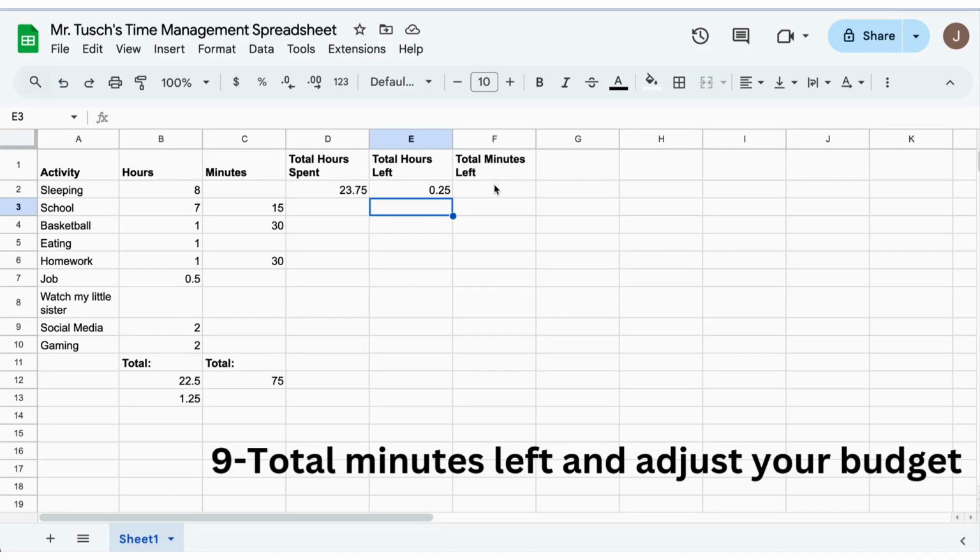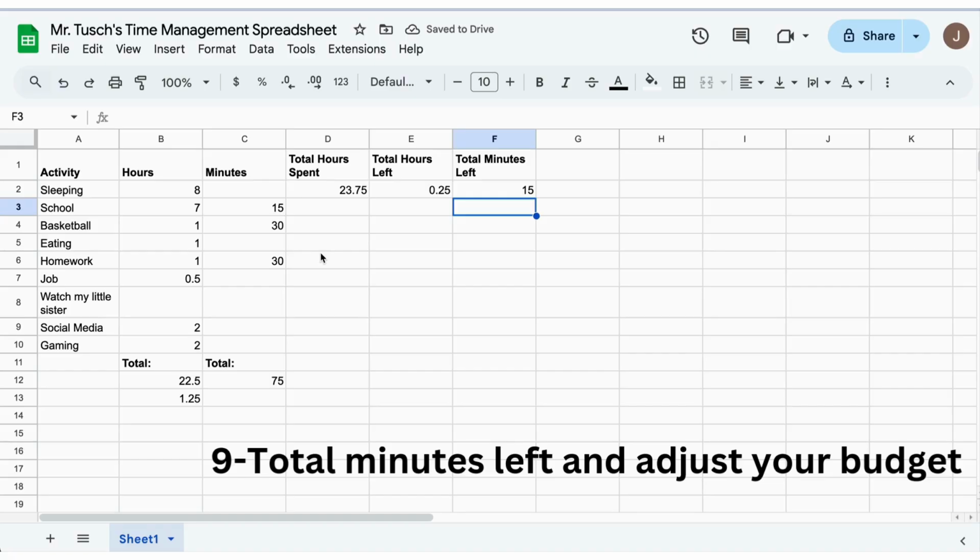Probably doing the math in your head, but remember, if we're going to change our budget, we want all these numbers to update. So for example, I go over to total. So the next thing I'm going to do is how many minutes I have left. And if I go over here and I click equals, right? And then I'm going to say this cell, and I'm going to multiply that times 60. To multiply on a spreadsheet, you hit the asterisk symbol. That is the Shift 8, or if you have a number key pad, it's just the asterisk, all right? And then I'm going to type in 60. So I'm going to say whatever's in that cell times 60 is how many minutes I have left. So I have 15 minutes left.